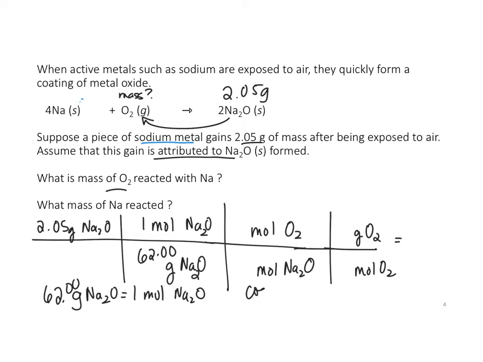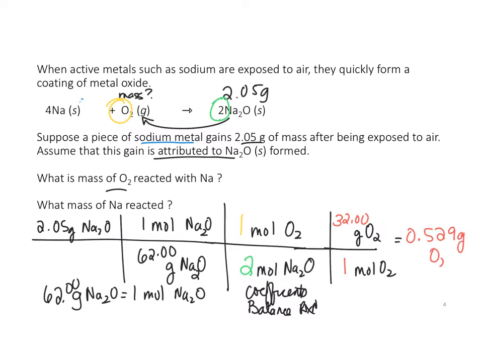And here we get the coefficients, and this is in a balanced equation. So we have our balanced reaction. And so what's in front of sodium oxide is 2. And what's in front of oxygen? 1. And then we do the molar mass here, 1 mole of oxygen. There's 2 at 16, that's 32.00 gram of oxygen. So now you go 2.05 divided by 62 divided by 2 times 32. And so the answer is